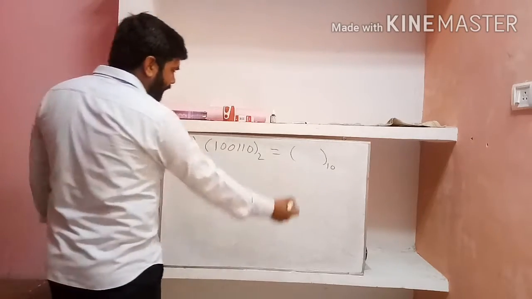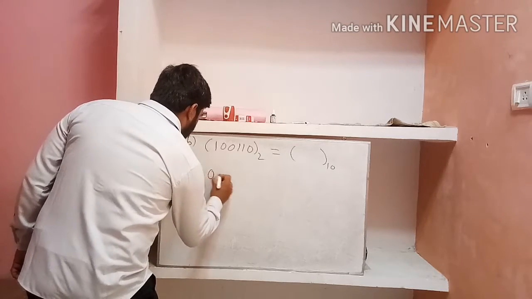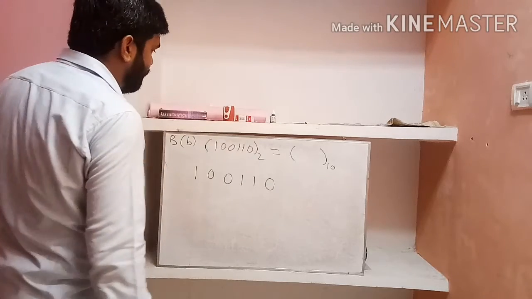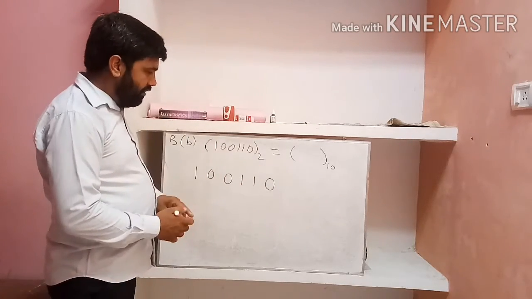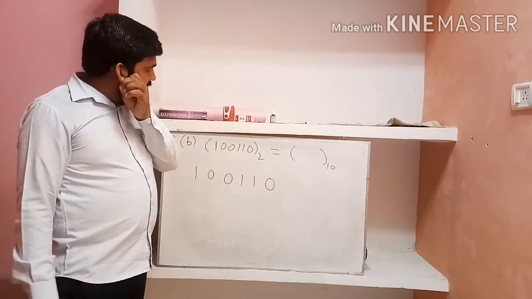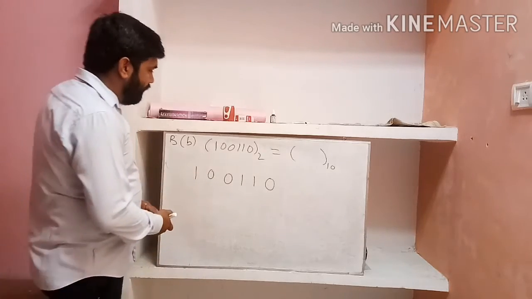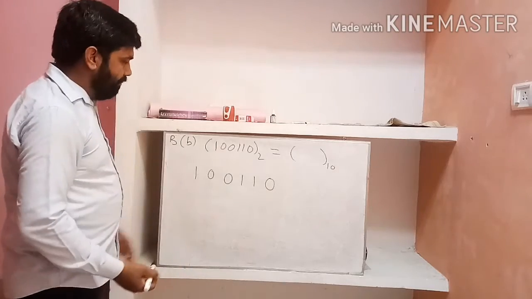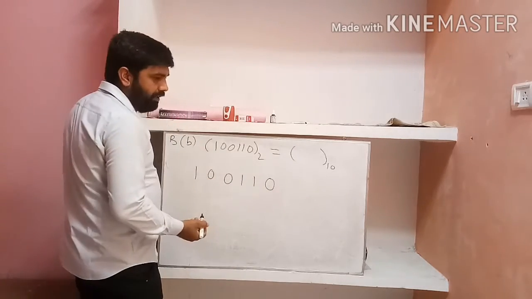Now see how we write. Write the binary number as it is. I am writing it again here: 1001100. Now give the numbering on the top, but you don't write this in the notebook. If the exam asks, don't write it on the copy, or if you write it with a pencil you can erase it afterwards. We give the numbering from right to left, and the numbering starts from 0. We count all these digits, and from the rightmost digit we give the numbering 0.